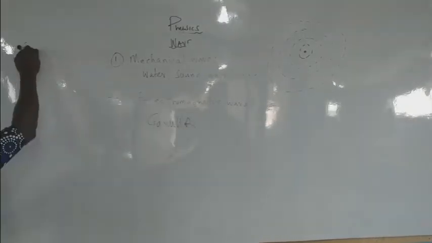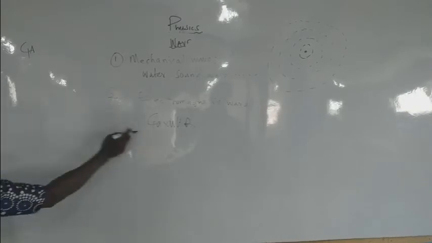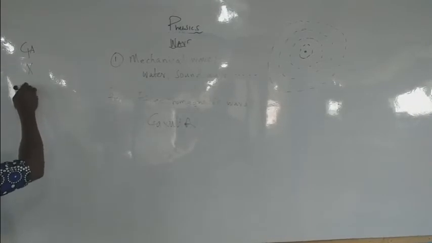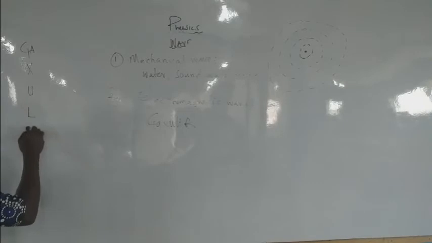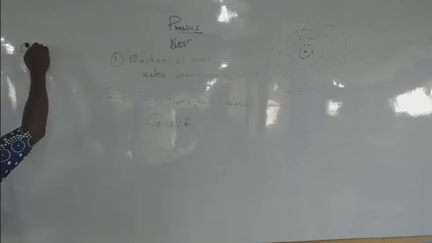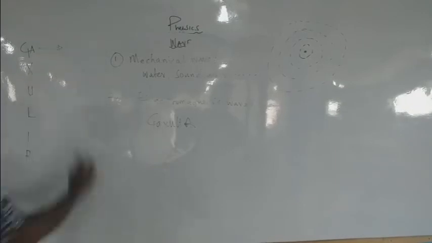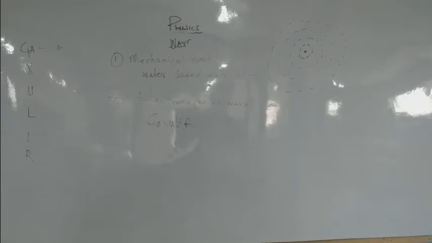And look up, the acronym is what? So the first one is what? Gamma ray, followed by X-ray, followed by ultraviolet, followed by visible light, followed by infrared before we have radio wave. Gamma rays have the greatest penetrating power or the shortest wavelength. Which means they can penetrate through many materials. They can pass through blood, bricks. That's why they use them to cure cancer and tumors.